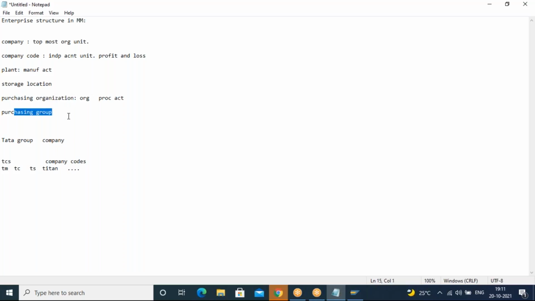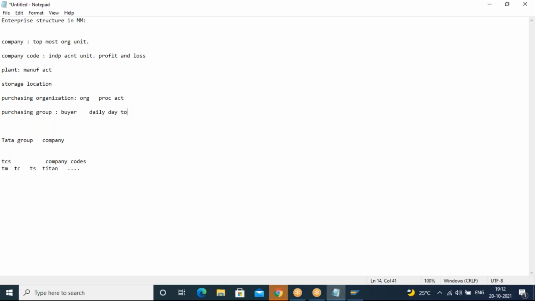Now, what is the meaning of a purchasing group? Purchasing group is nothing but it consists of a single buyer or some group of buyers. Buyer is nothing but a person. It consists of a single person or some group of persons who are responsible for the day-to-day activities.